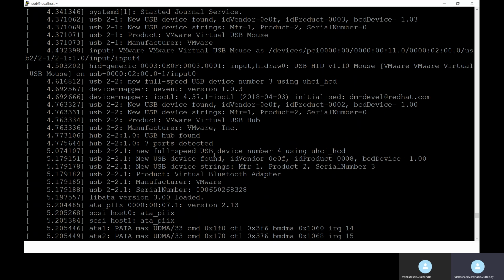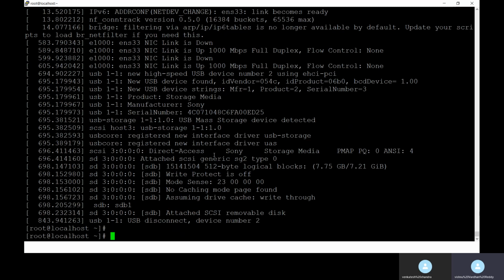If you want to check all the devices connected to this system, you can use dmesg with grep. You can check with sda, the disk we connected.